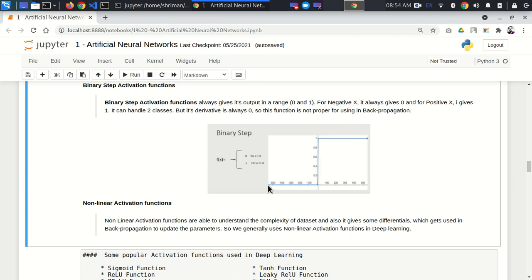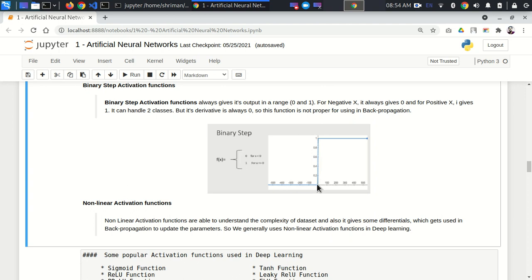So see here, if you increase this x, is there any change in y that you get? If there were, this line would try to move upward instead of following the x-axis, but there is no change. At this particular point, x equals 0, and from minus infinity to 0 it gives you a 0 change, no change in y.